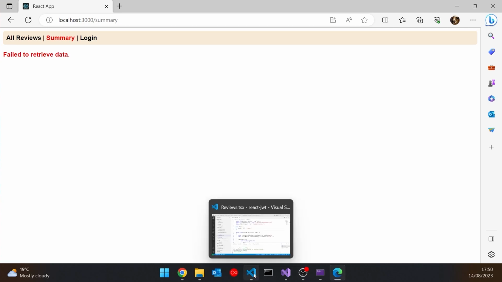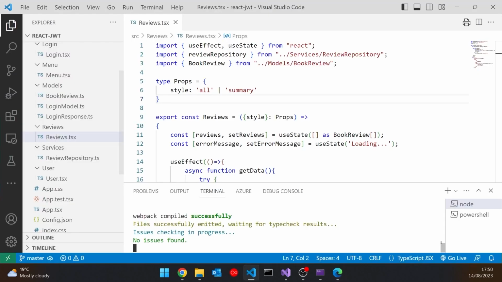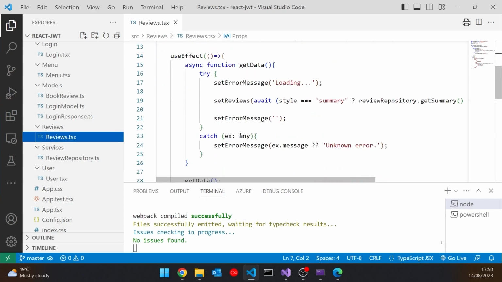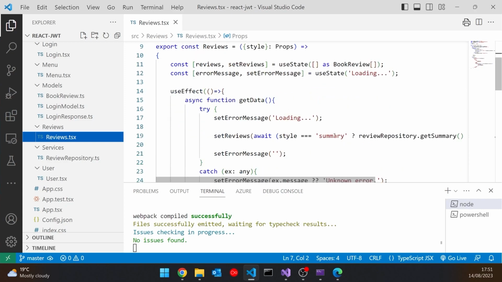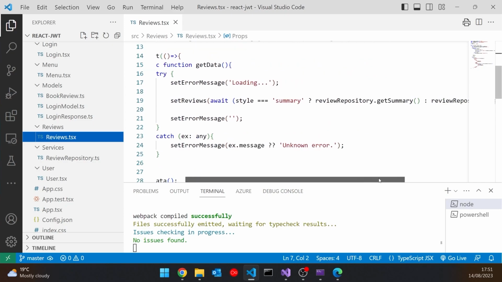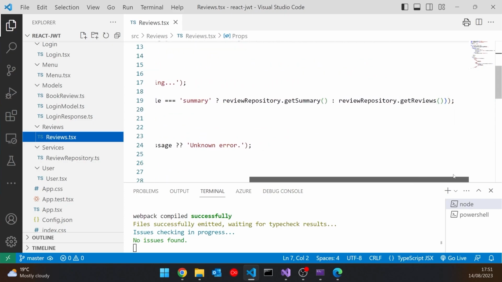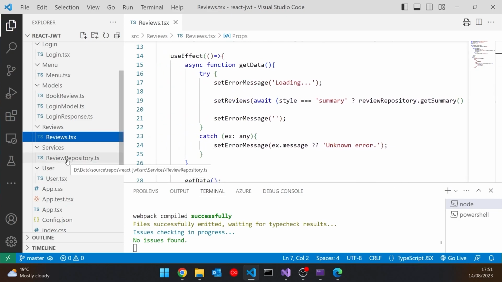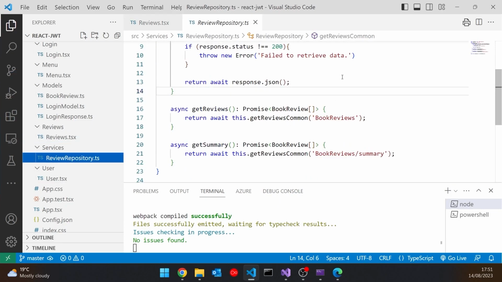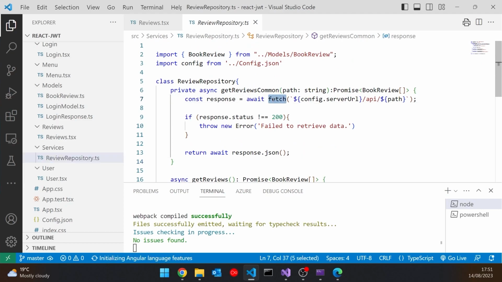Let's take a quick look at the code that we've got in there. So what I've got is a component called reviews, and what that does is looks to see whether we've set the style of the review to summary or all, which is the default, and then we'll either do the get summary or we'll do the get all reviews, and that's being called on a review repository, and the review repository is using simply the fetch API.